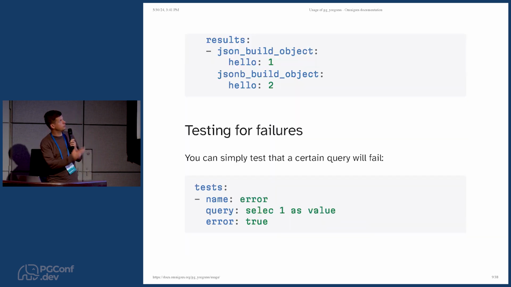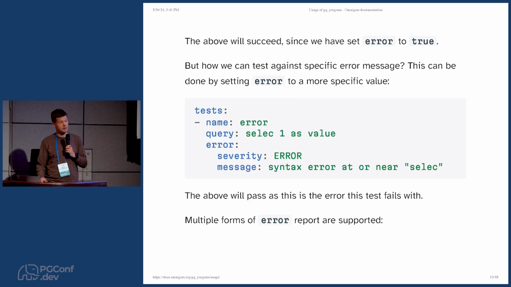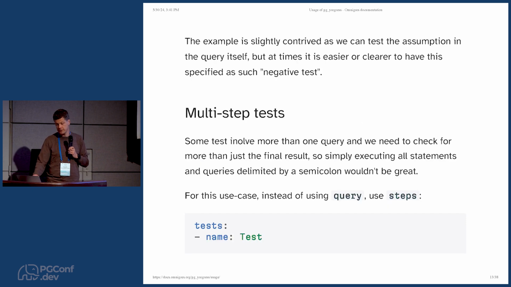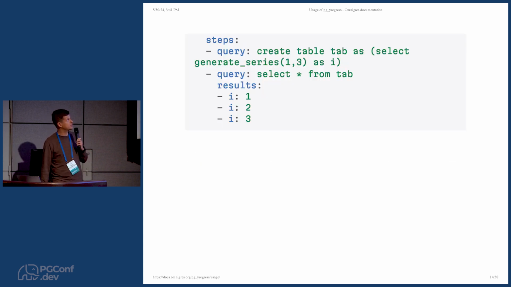You can test for failures, so what errors are to be created there, so you don't have to, again, write it, expect the output of a particular format from psql. You can specify the severity of error, what's the actual message, so all kind of depth. You can test negatively so that they should fail and things like this. And you can do things like multi-step tests. So basically creating a transaction with multiple queries and see what's happening with them, whether they fail or not, whatever